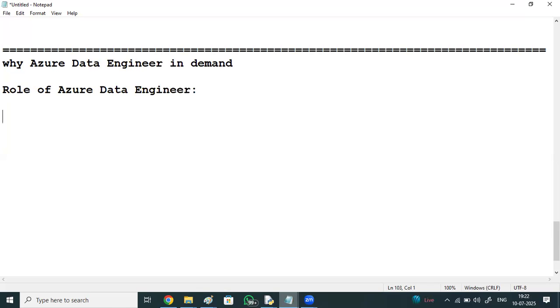Roles of an Azure data engineer. Designing the entire data flow architecture.